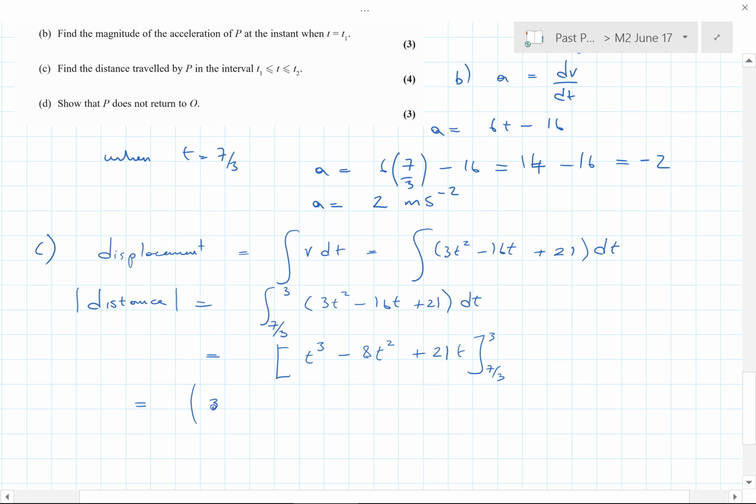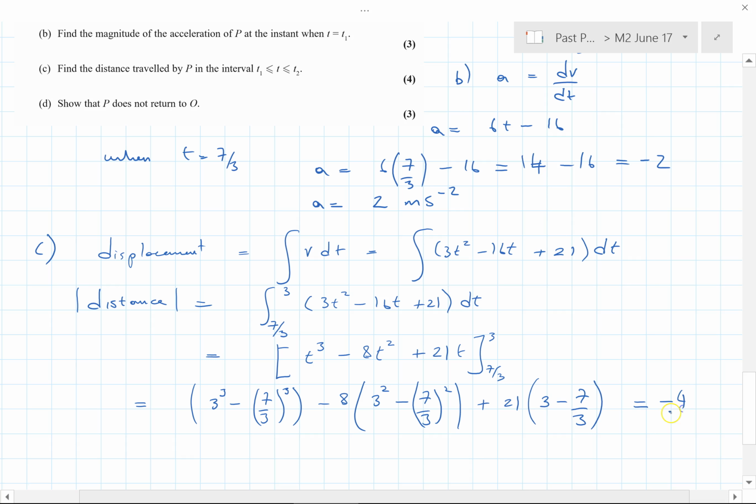So we've got 3 cubed minus (7 over 3) cubed, and then take away 8 times 3 squared, take away 8 times (7 over 3) squared. When there's lots of terms, I often find it quicker and easier to separate the terms like that. Anyway, working that out, we get the answer